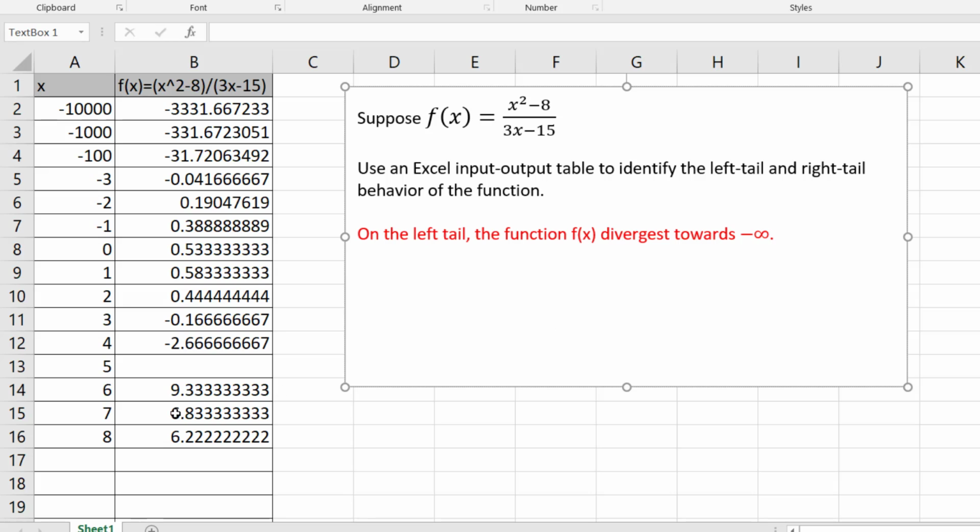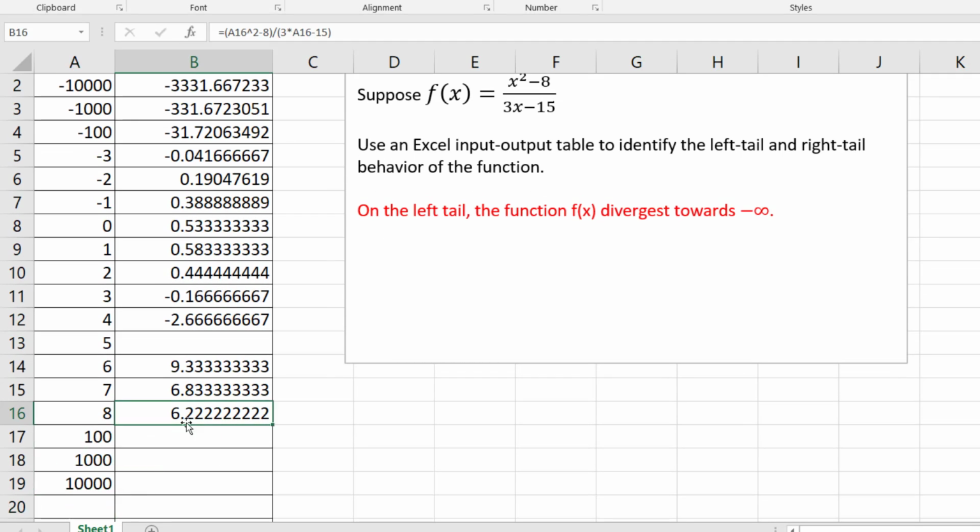Now let's explore the function behavior on the right tail. To explore function behavior on the right tail, we need to consider x's like x is 100, x is 1,000, x is 10,000. The x values are diverging upwards towards positive infinity. We drag down the function formula in the y value cells, and we see the y values are 35, then 335, then